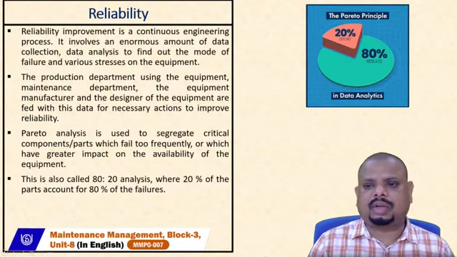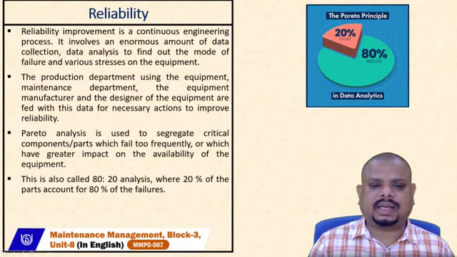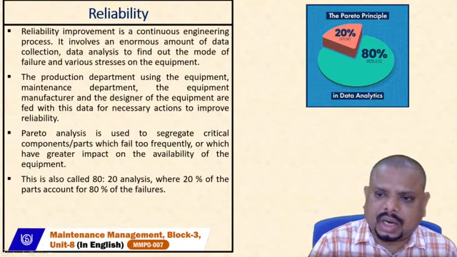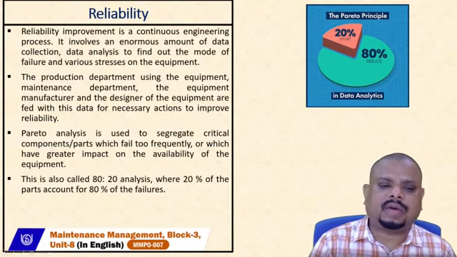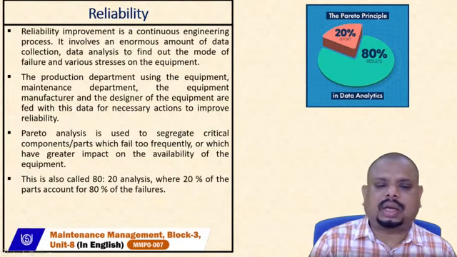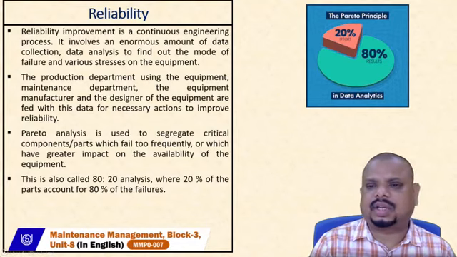In most cases, whenever there is an excess amount of stress on these particular machines, the oil seals tear. So you have to identify those components and segregate the critical ones that fail too frequently or which have a greater impact on the availability of equipment. Out of the number of components, you have to identify which component fails frequently, so that the huge impact is reduced, especially with reference to